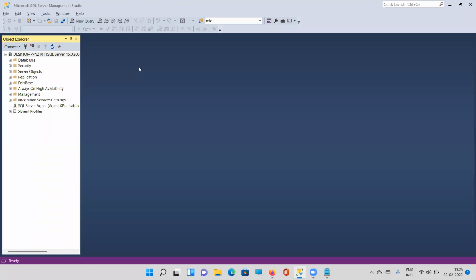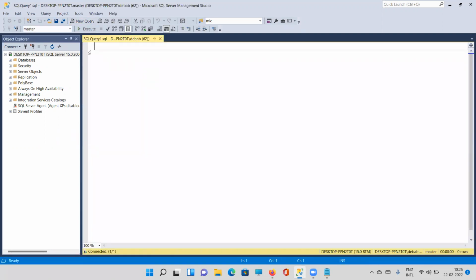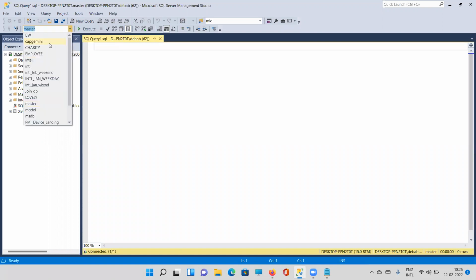Everyone. So today my intention is to start off the string functions. String functions are very easy actually, and I have created one table for showing the application of the string functions. So let me go to our database,